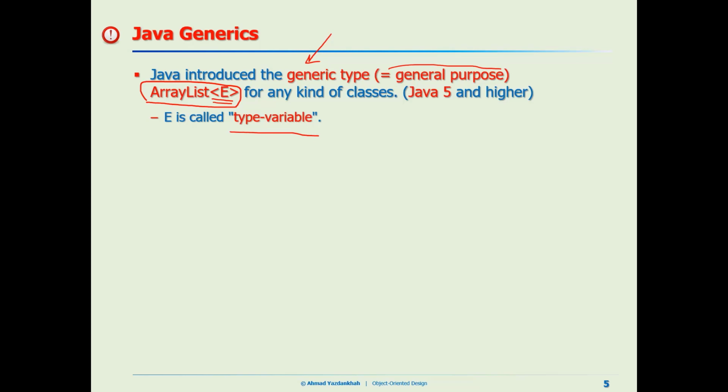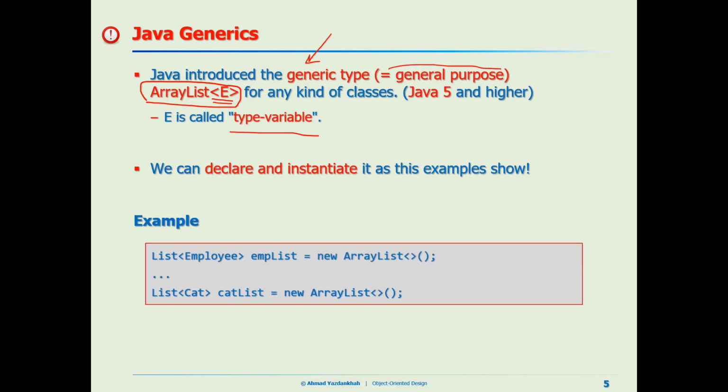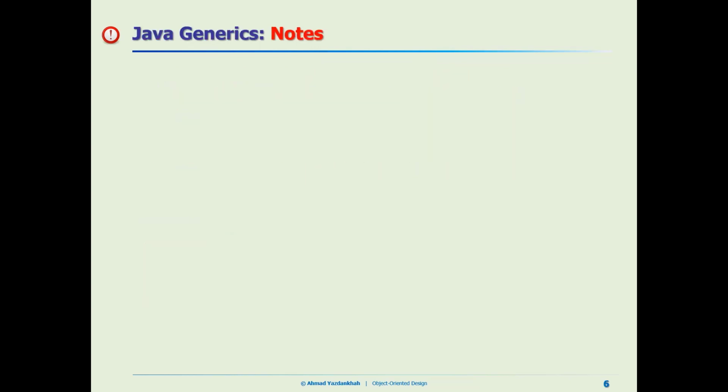And we can declare and instantiate this kind of Java generics like this example. We just mention for what purpose we need this List or ArrayList, and that's it. So very regularly we instantiate it. And here we just replace it with Cat, right? Okay,